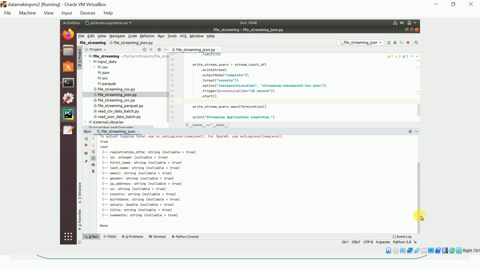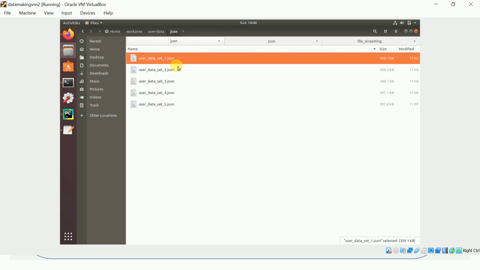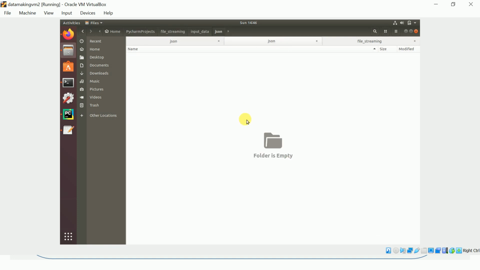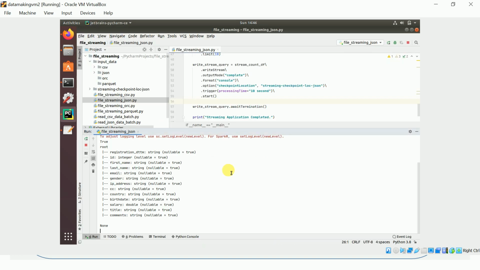For the first batch, it will wait, since we gave a batch interval of 10 seconds. So meanwhile we'll go and push the JSON file. Okay, the first file I pushed.